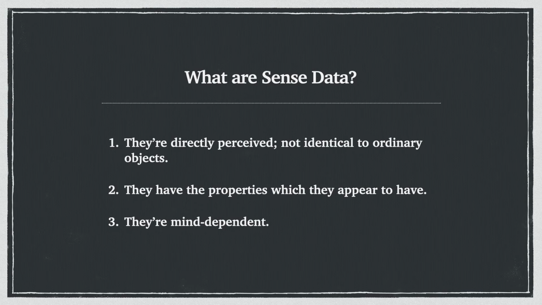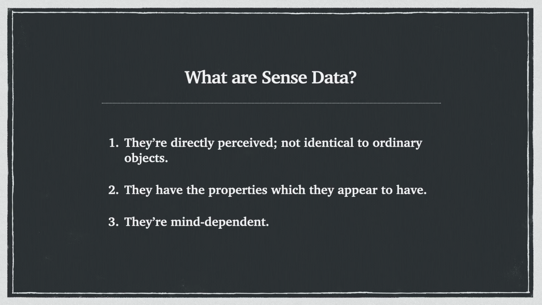The third thing people tend to say about sense data is that they're mind-dependent. Mind dependence is a complicated and tricky piece of philosophical jargon, and we don't have time to go into it in much detail now, but the simplest version of this claim for our purposes is that necessarily a sense datum exists only if it's perceived. While Russell doesn't appear to explicitly commit himself to this thesis in the extract we read, it's important to bear the claim in mind as we move forward to Wednesday's lecture.